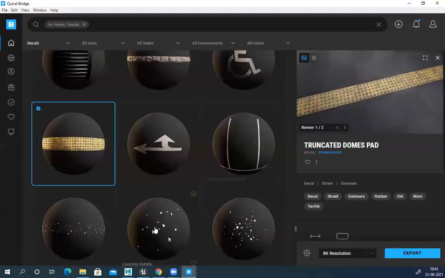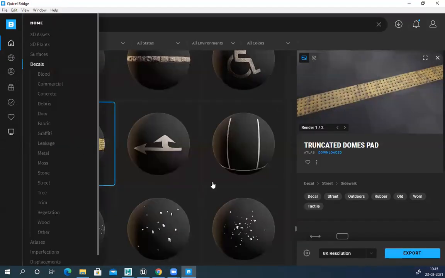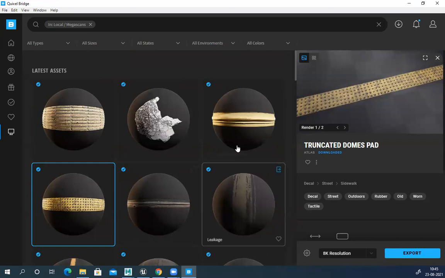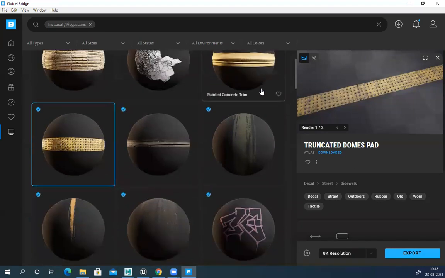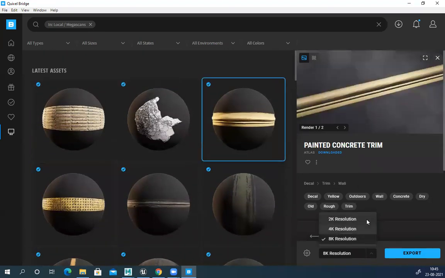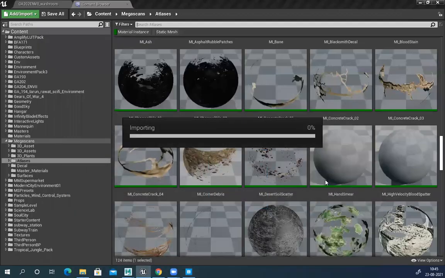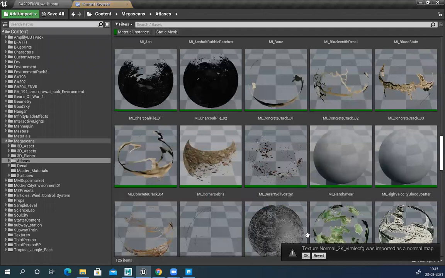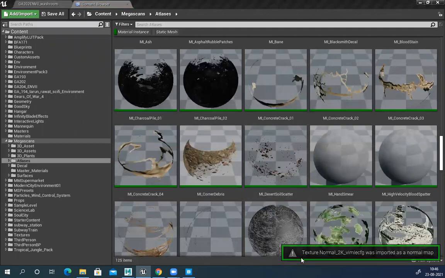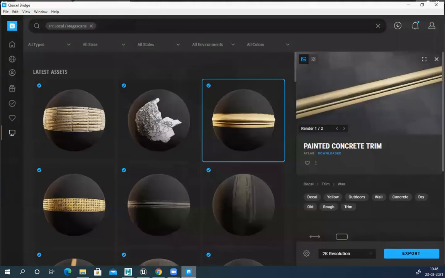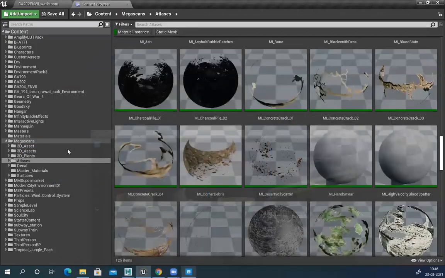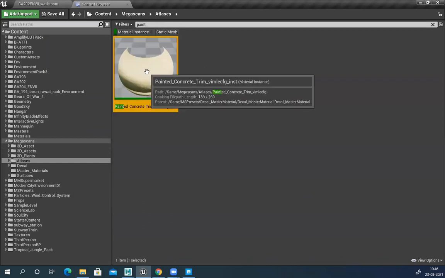So just download a couple of things like this one. I want to export this one. Select the resolution, export it. Painted concrete trim. Painted concrete trim.